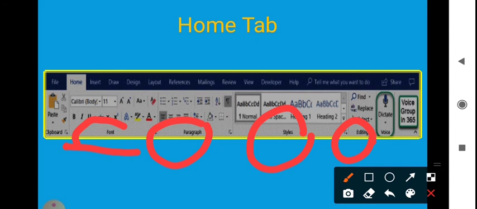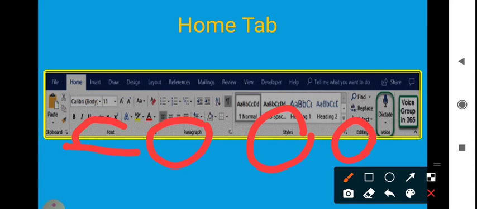By the word editing itself you can see that editing means you can find the text, search it, and replace it. For example, if you want to replace a with apple, you can do it; that is your replace. So everything that is editing is done in the editing group, correct?